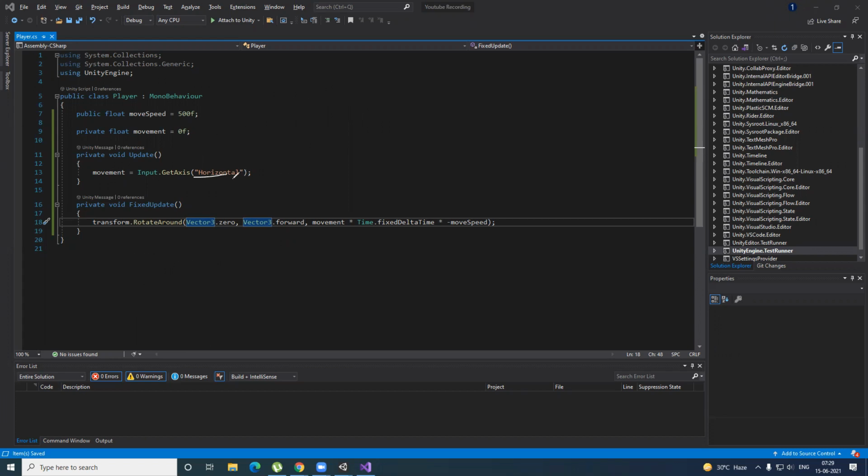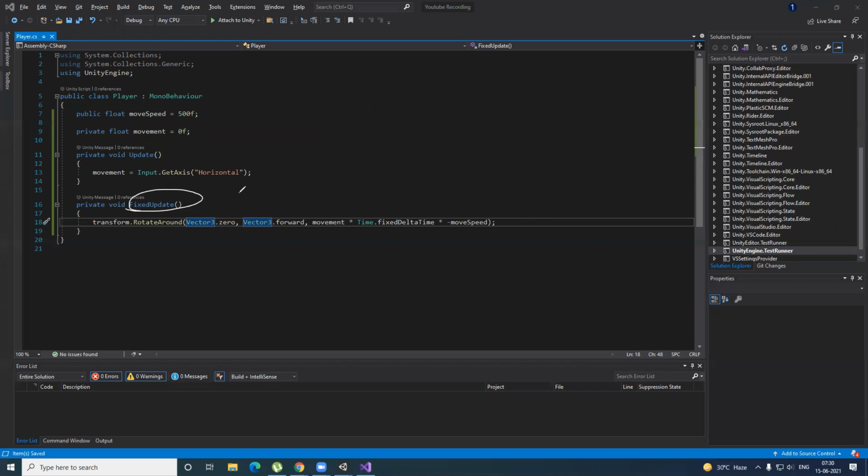So horizontal is setting the default values. Let's say I have a joystick, and moving it here and here moves the player. Horizontal is already set to default for this value. For the keyboard, it's already set to the left and right arrow keys, or A and D, right? So that's how it works. The horizontal is basically the default mapping, and we're getting the axis horizontal, so we're getting the axis X. Then let's move forward.